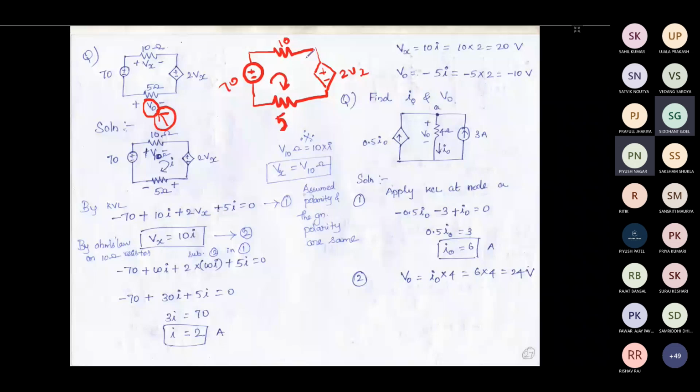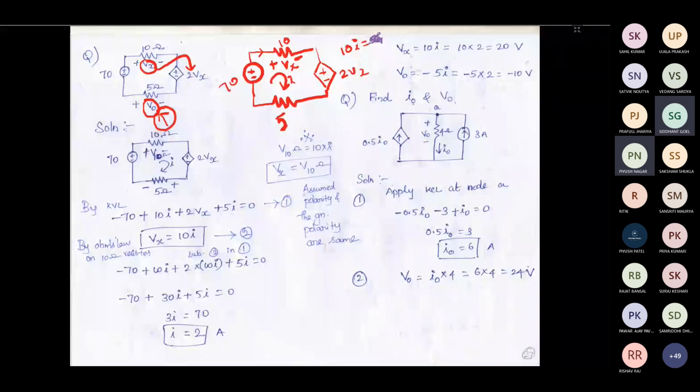Now this Vx is the variable which is going to control this voltage. So you consider this voltage Vx, and the voltage polarity is like this. In that case, what is the voltage across this resistor? The voltage across this resistor is nothing but 10 into I. So let's say that this is I, the current flowing through this path. The voltage across the resistor is 10 into I. This is nothing but Vx.